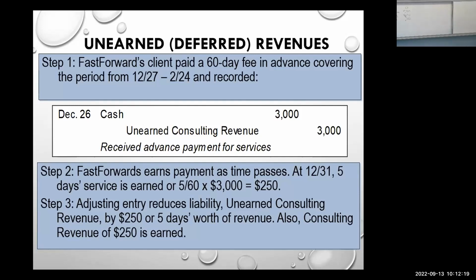Okay. So in a normal transaction, let's say for instance, you go and buy a laptop. You go to Apple, you give them the money, they give you a laptop, it's instantaneous. But sometimes there's a transaction where you give the money, but you don't get the product instantaneously. You get it 5 or 10 days later, right? Or in this case, this is for consulting that's going to happen over 60 days, but they're going to prepay